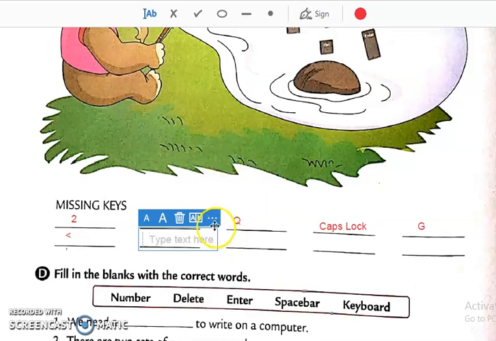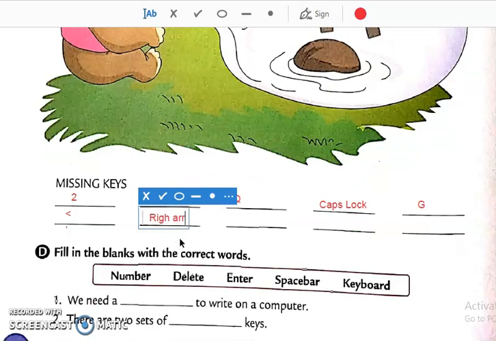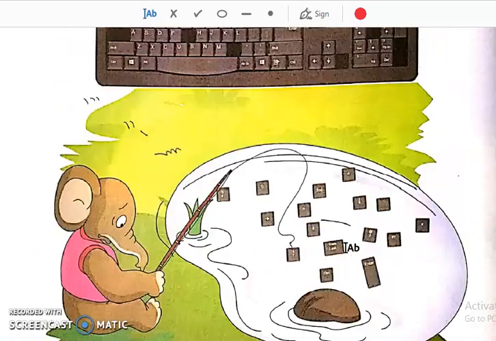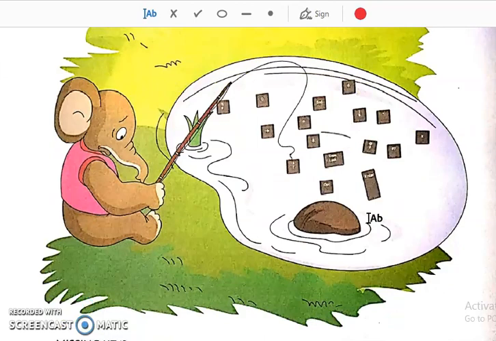Okay, here I am not being able to insert that shape, students, so I am writing over here right arrow key. Okay, then what else is missing? Let us see. Yes, then see over here. 7, 8 is there. 9 number is missing. 4, 5. 9 and 5 number key is also missing.